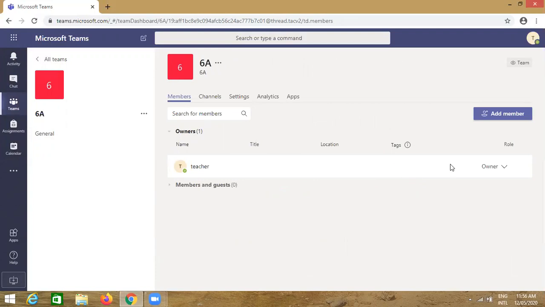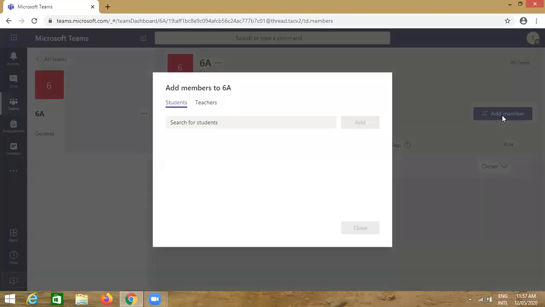These are the features of the class at present. See here, this teacher T1 is the owner of it. He has created it. So now we can add other members to it. Click here on add members. We have students S1, S2, S3 and S4.